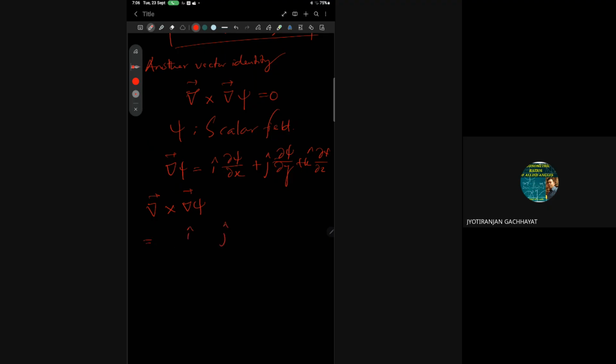The determinant with rows I cap, j cap, k cap; del by del x, del by del y, del by del z; and del psi by del x, del psi by del y, del psi by del z. Can you try to find out what it will be? I cap del by del y of del psi by del z minus